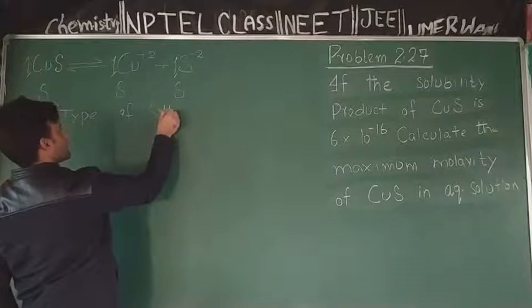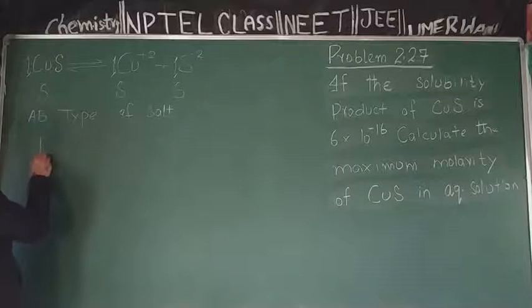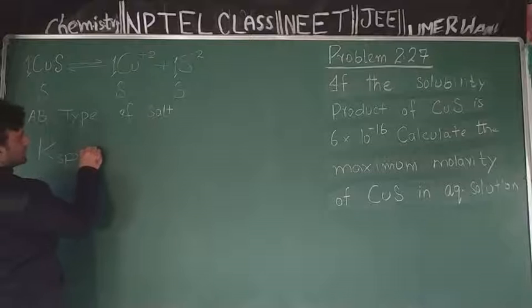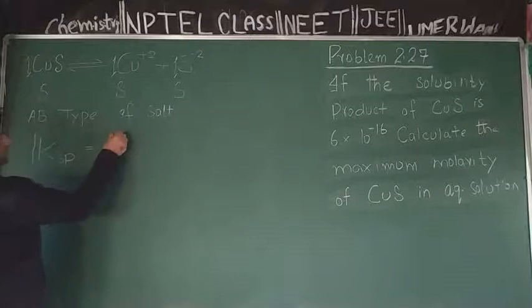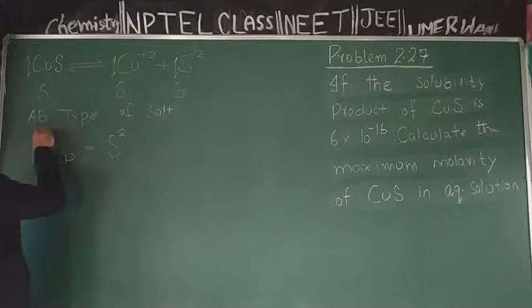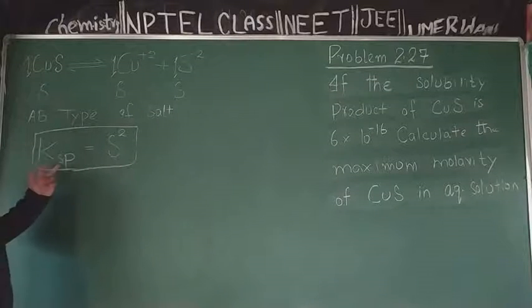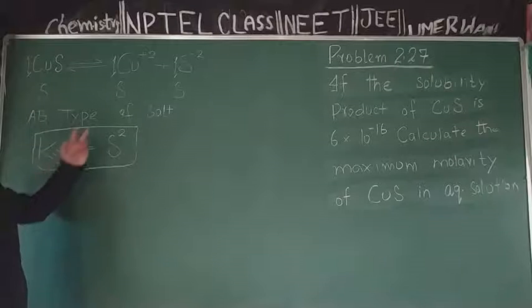For an AB type of salt, solubility product is related with solubility. Solubility product is represented by KSP. It is related with solubility by this expression: KSP is equal to solubility squared. KSP is the solubility product, that is the maximum